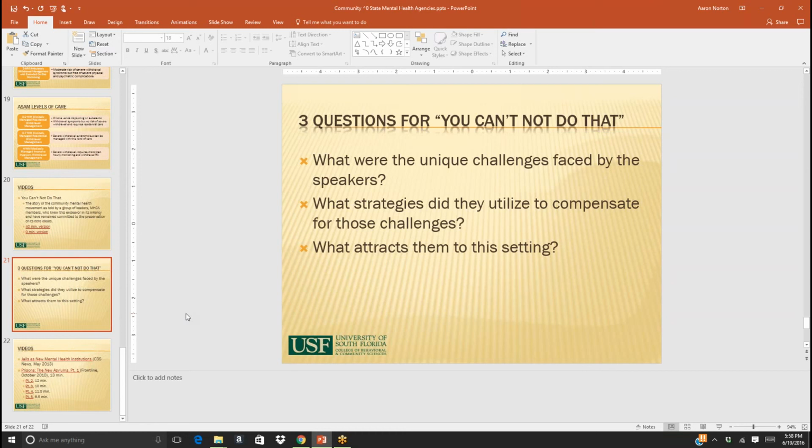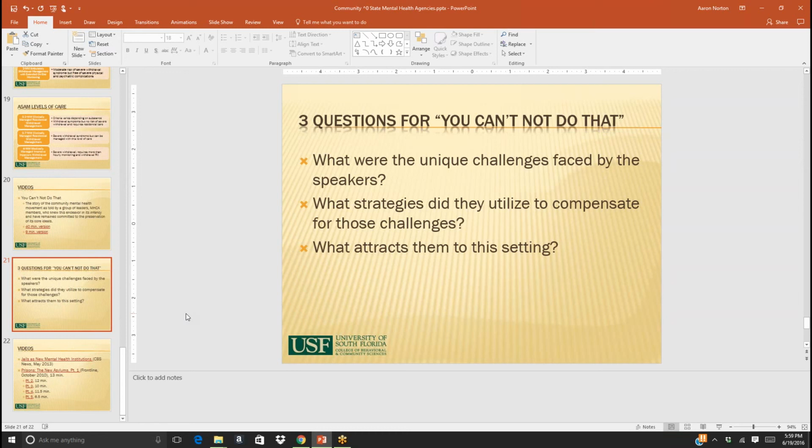But they all got into this line of work because they really saw the need. They wanted to help, and they knew that it's not enough just to provide medical care to people. They need comprehensive wraparound services that deal with the whole person. And they know that without community mental health centers, we'd be stuck with the same problem that we had with institutionalization. Either we need psychiatric hospitals, which actually cost more money and deprive people of some of their freedoms and liberties and are more restrictive levels of care than some people need, or we're going to have a whole lot of homeless people and a whole lot of jails full of people who just needed some medical stabilization.